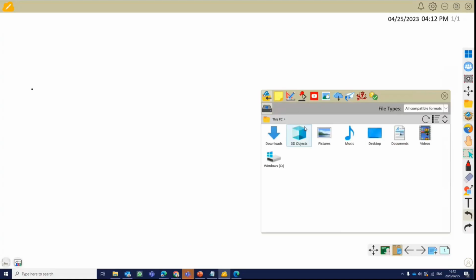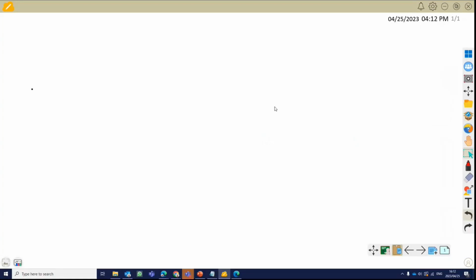You can add cameras to it. You can add objects to it. You can add maths tools. There's all sorts of stuff as well. It actually has audience participation tools built into it, but that's part of the paid version, which I have not explored. But it really does have a lot of cool functionality within the Viewboard itself. I haven't delved into it extensively,